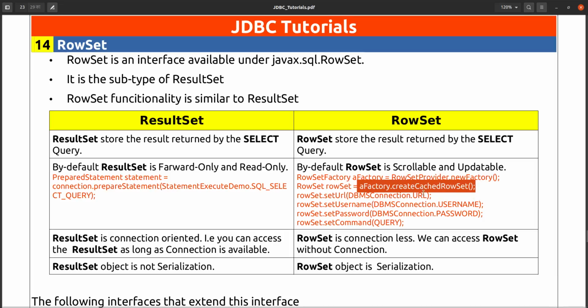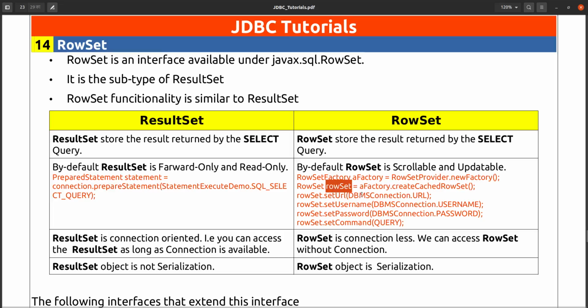So you can get, correspondingly, factory.createCachedRowSet. It will return a row set of type cached row set, but you can collect that into a row set because cached row set is the subtype of row set only.